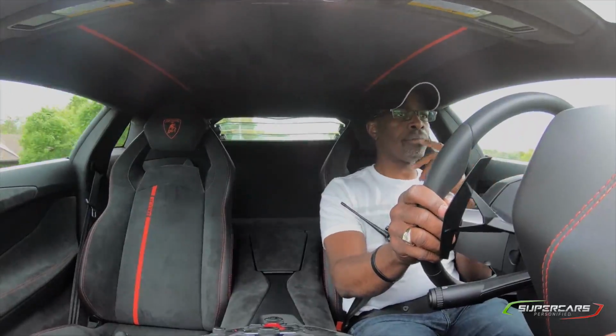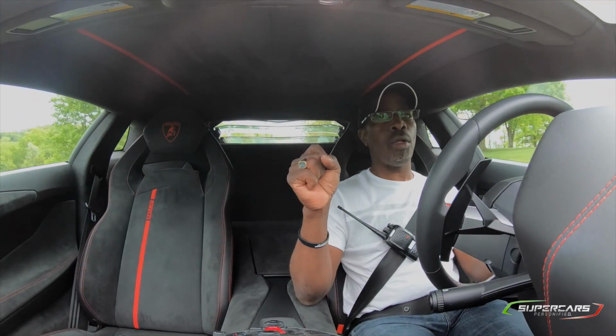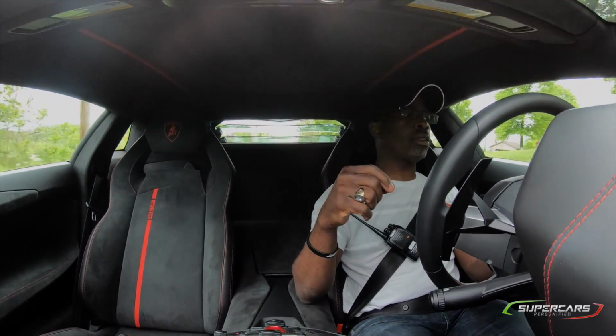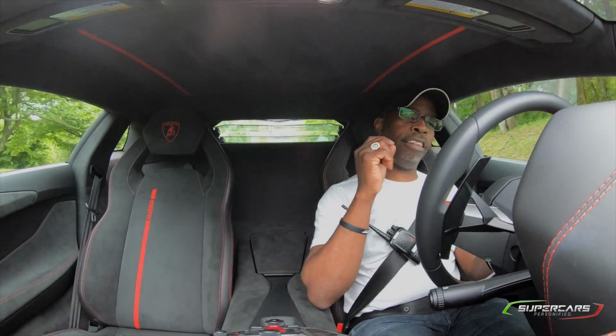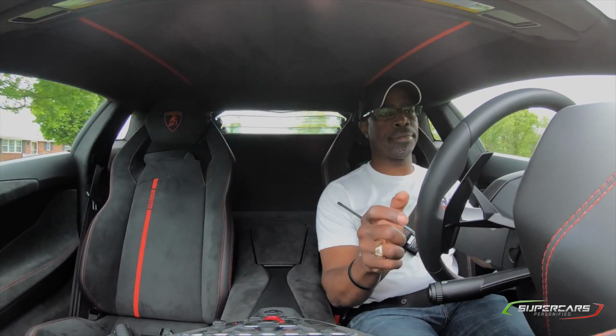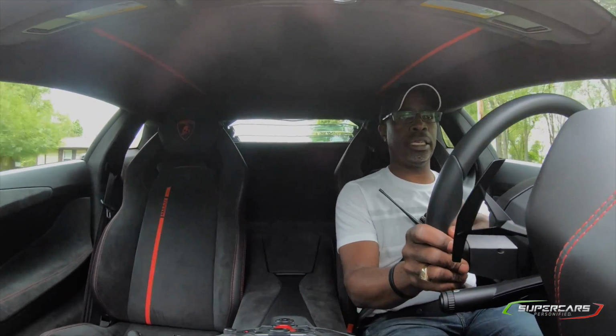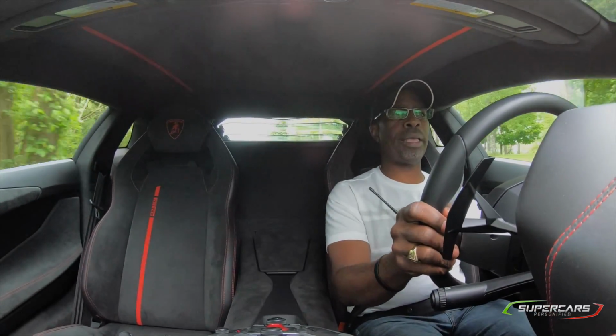Having said that, it's really cool to see all the accents on this car. And although I don't think the Pirelli edition is a special edition Aventador, it is not a numbered car. And they're out of production now, so you can't really order a Pirelli edition anymore. So, that being said,